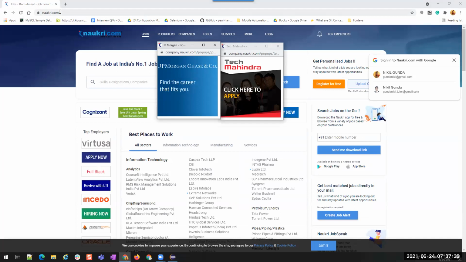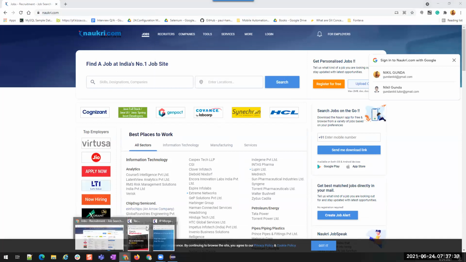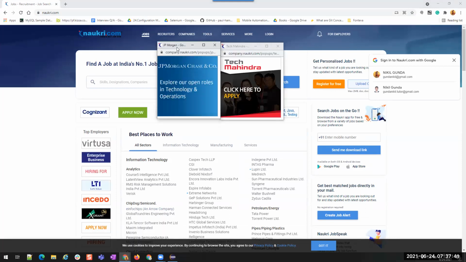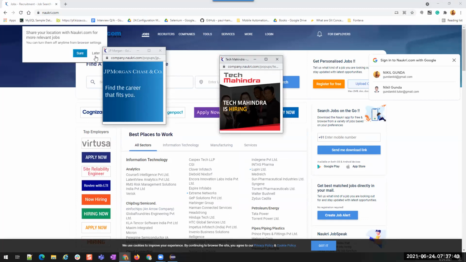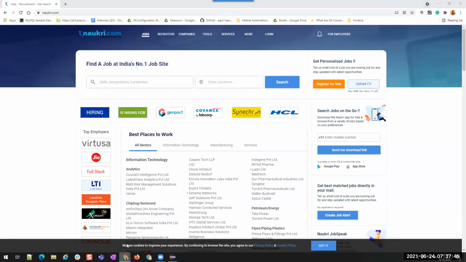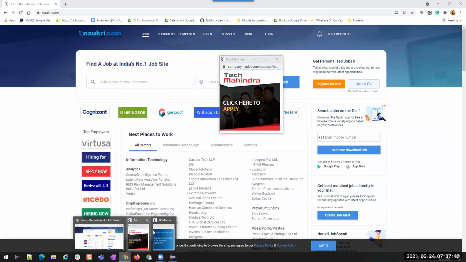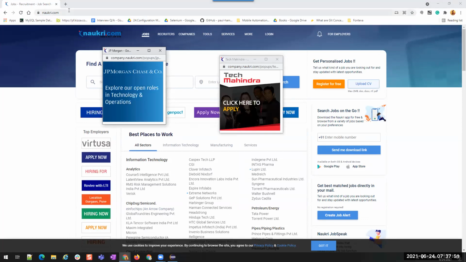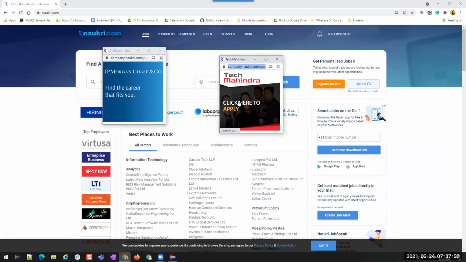So when I open this Naukri.com, by default it is showing me two pop-ups on my screen. You see this, JP Morgan and Tech Mahindra. By default it is showing two extra things on my screen. You see the URL for this is Naukri.com, and there is a separate URL for this, and a separate URL for this, right?